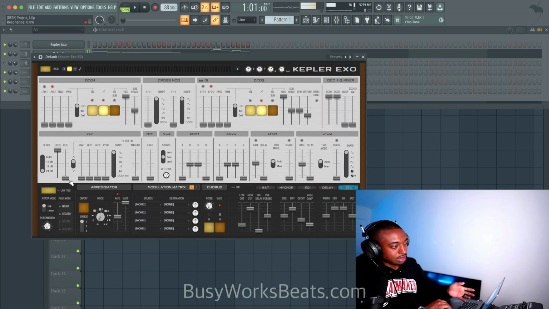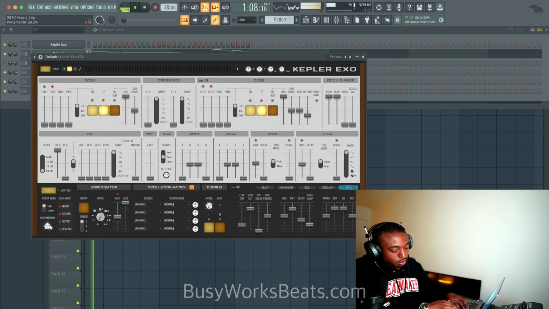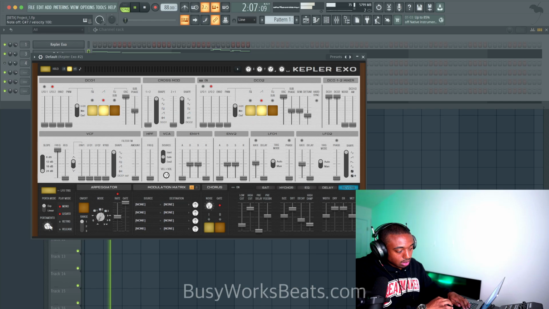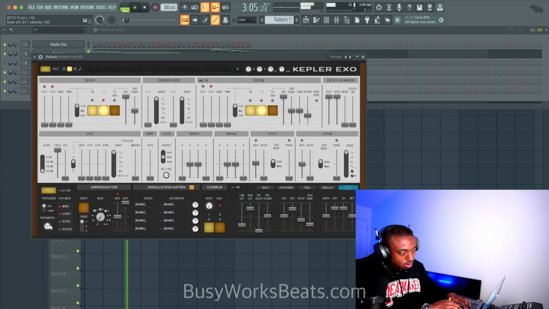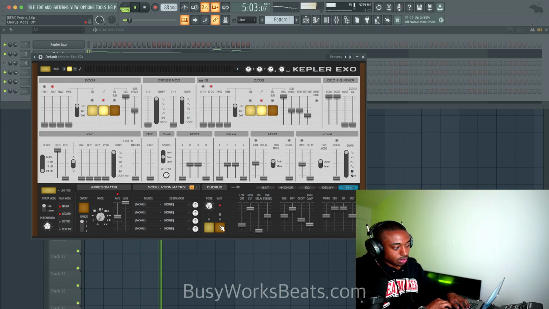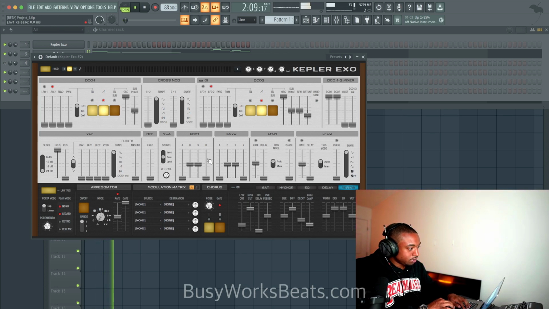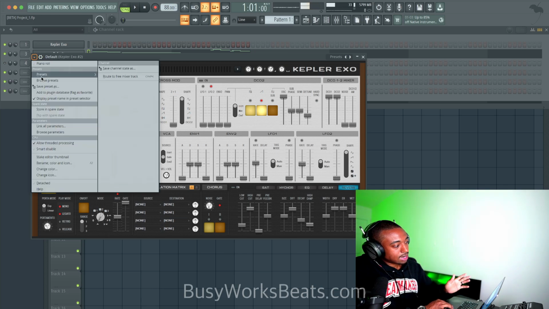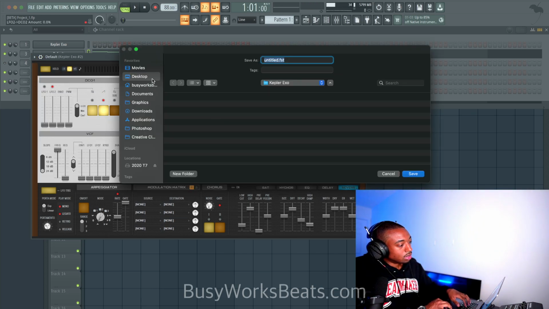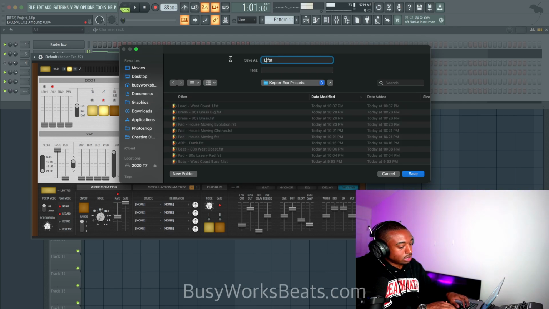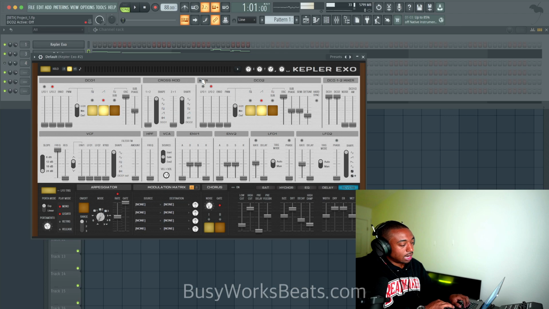Okay, so firstly with leads, I usually keep it on mono legato mode so it slurs the note. Let's add a little portamento to give it that 90s vibe. So I like the tone. Let's just add like maybe chorus. Chorus might be too much. So I like the sound. We're just gonna leave this as is. Let's call this like R&B lead 1 or lead R&B 1. Lead R&B 1.